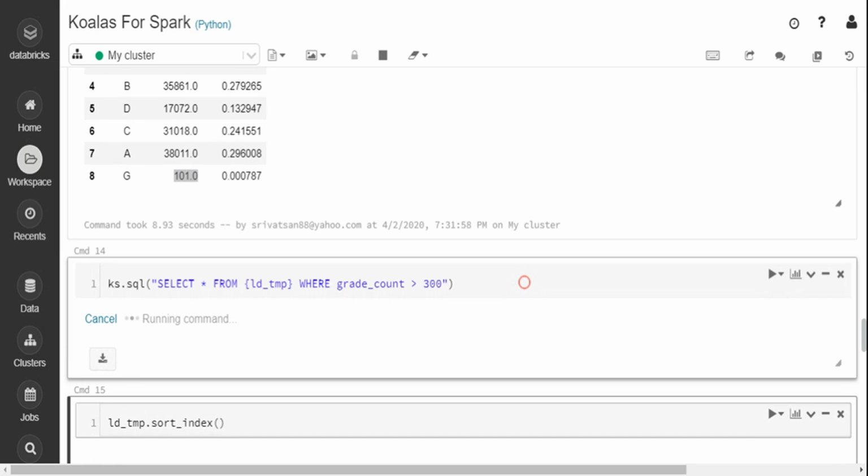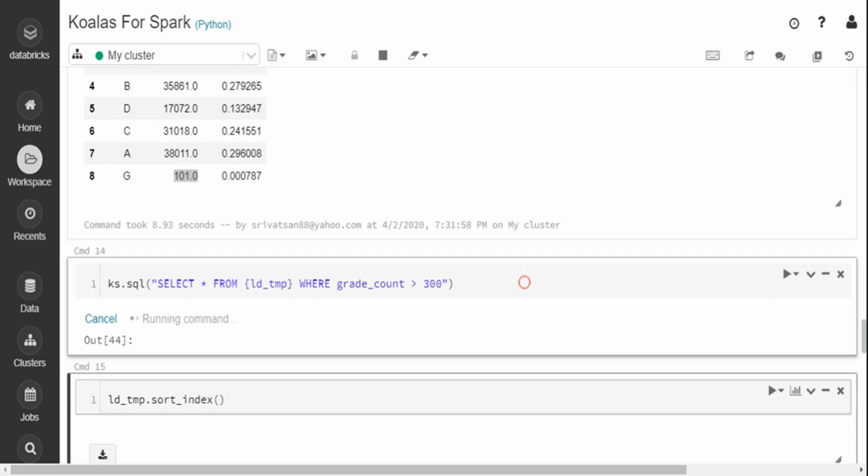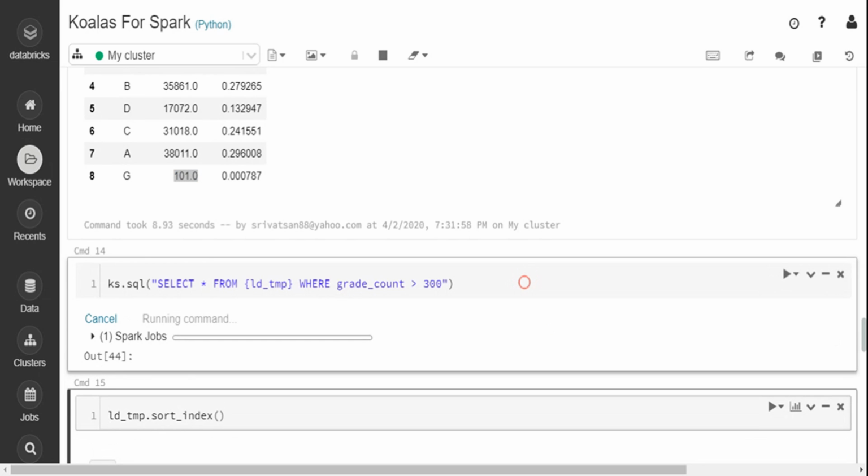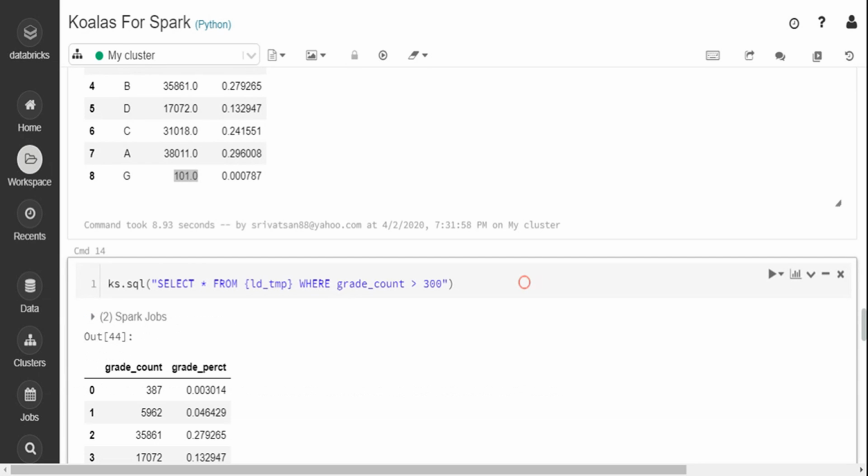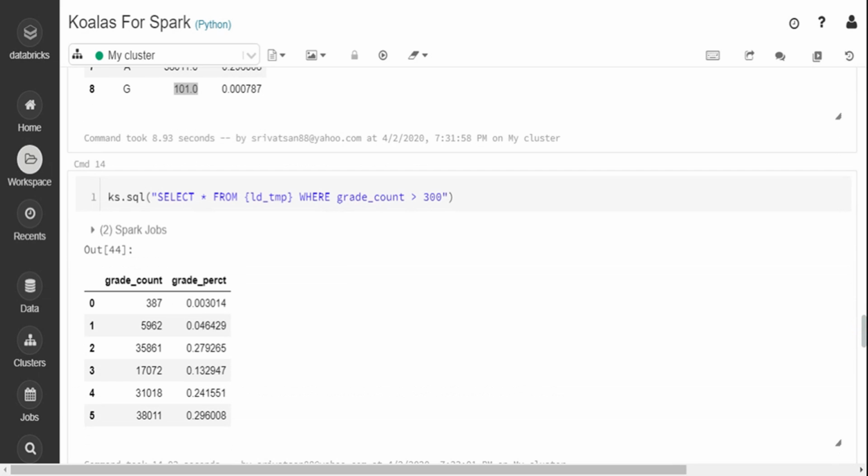The one good thing is that Spark SQL and Spark data frame, all this will get converted into a similar execution plan. So Spark will take care of forming the DAG for you. Now this Koalas is not a lazy loading framework like Spark, so you will see the output as soon as you execute it. In case of Spark, you have to give the action command to see the output. Now I have a separate video on Spark transformations and actions. If you want to see that video, you can click the link on the top and watch it, which talks about Spark data frame functions, like actions and transformations.